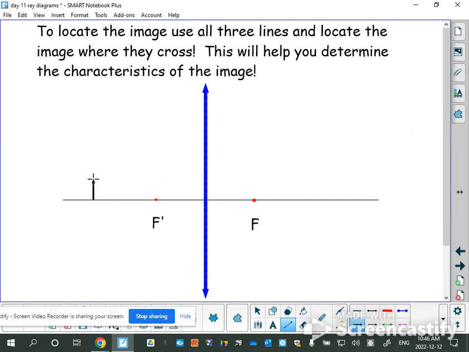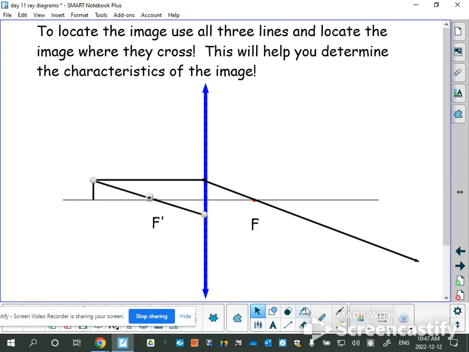I'm going to start at the top of the object, straight in, down through the focal point. Line number 1. Rule number 1. Rule number 2: top of the object, always the same place, through the focal point, the secondary focal point, and then we're going to go straight out so that this line is parallel with that principal